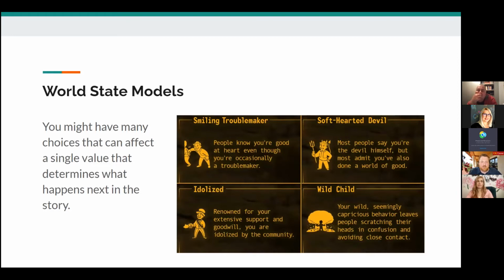And Fallout has a reputation system. The reputation system is basically a value that's associated with your character in different locations, where depending on what you do, it will affect your reputation. It will push your reputation up, or it will push your reputation down. All kinds of different choices affect your reputation. If you steal from somebody, then your reputation goes down. If you ignore somebody who is asking for help, then your reputation goes down. If you help somebody, then your reputation goes up. But there's lots of different people that you could help in different ways.